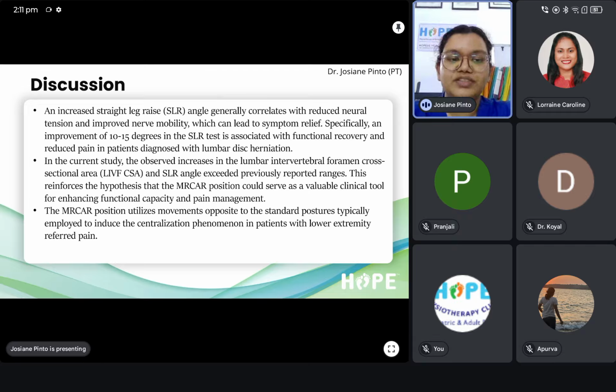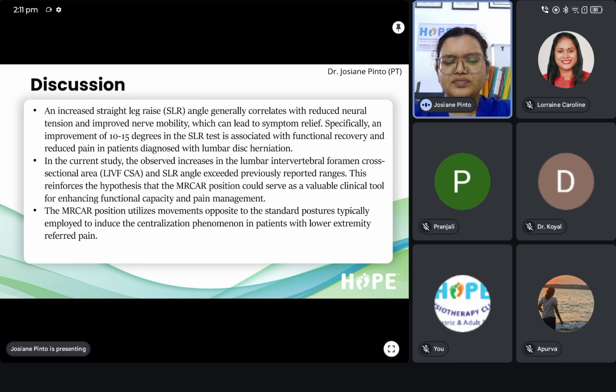Specifically, an improvement of 10 to 15 degrees in SLR is associated with functional recovery and reduced pain in patients diagnosed with lumbar disc herniation. So in this current study, the observed increases in the lumbar intervertebral foramen cross-sectional area and SLR angle exceeded previously reported ranges. This reinforces the hypothesis that the MRCAR position could serve as a valuable clinical tool for enhancing functional